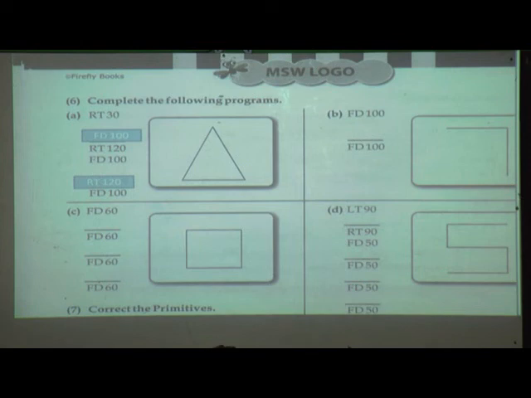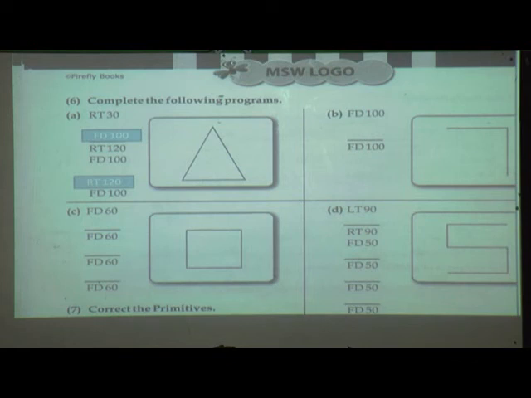Then what is the program for the triangle? RT 30, FD 100, RT 120, FD 100, RT 120, FD 100.